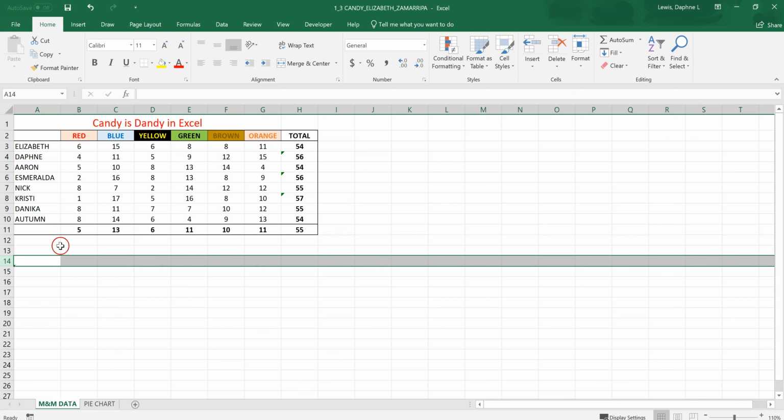Okay, does that make sense? So if you'd done all that, you'd want to save, of course. And that is inserting and deleting columns and rows. And next,